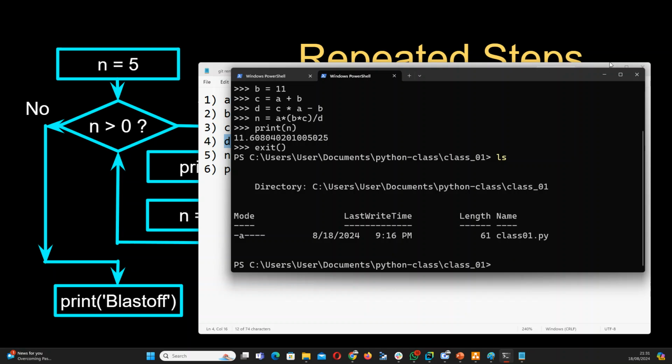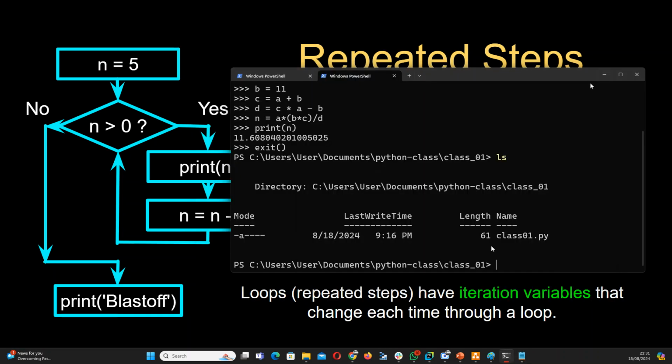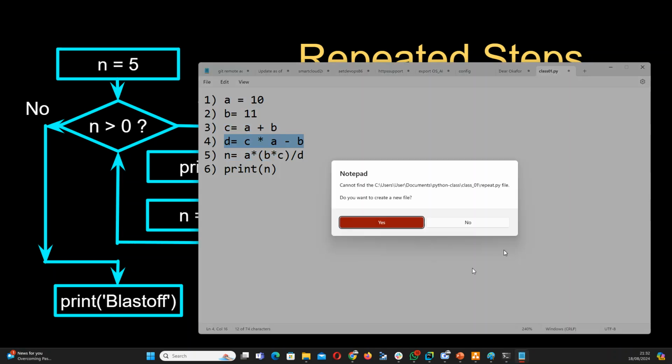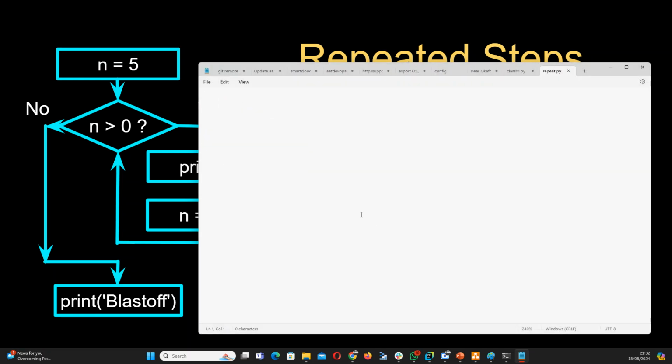Let's just create a Python script, and then run it and close. Let's say Notepad, right? Now say repeat.py. Now say n equals, let's say n equals 10. Now if n is greater than 0, then